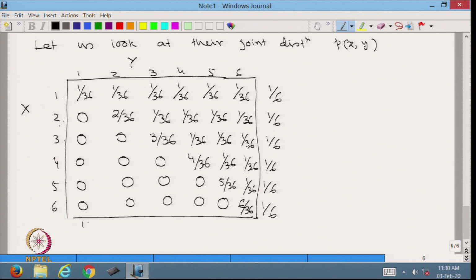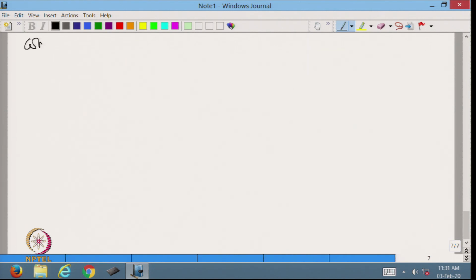In this case it is 1 by 36, in this case it is 3 by 36, in this case it is 5 by 36, in this case it is 7 by 36, 9 by 36 and 11 by 36. So, this is the marginal distribution of y, this is the marginal distribution of x. What is the expectation of x given y is equal to 1? Quite naturally, this is going to be